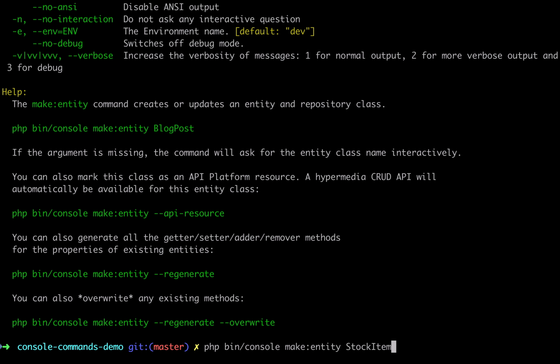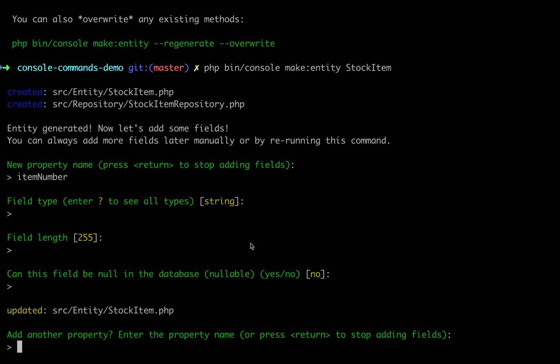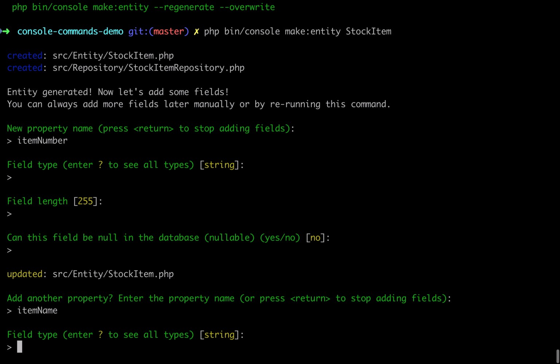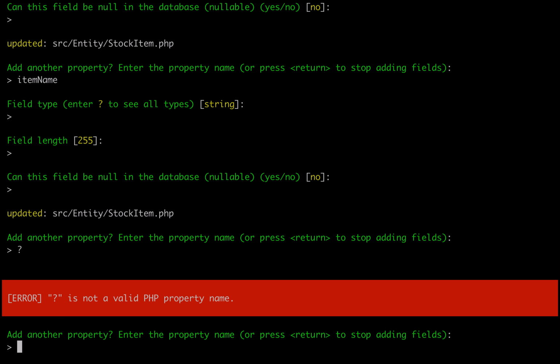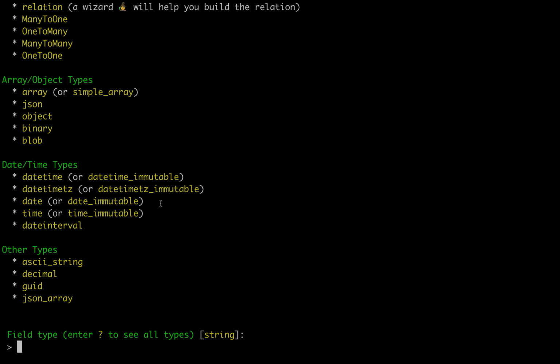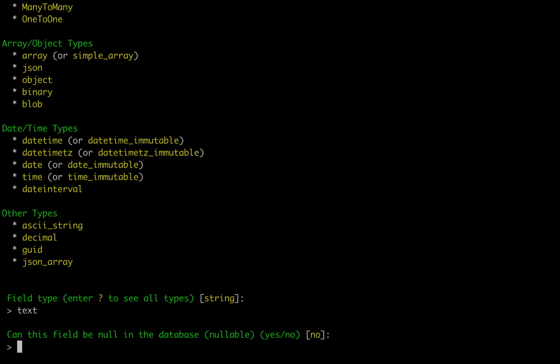I'm going to call mine StockItem. I'm just going to add a few fields: item number, which I'll actually make a string in case the supplier provides letters as well. Item name, string, 255, nullable, not nullable, should I say. Item description. So if you add a question mark, it tells you what all the different types are. So text,